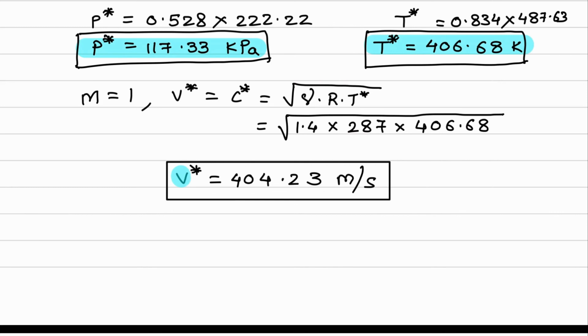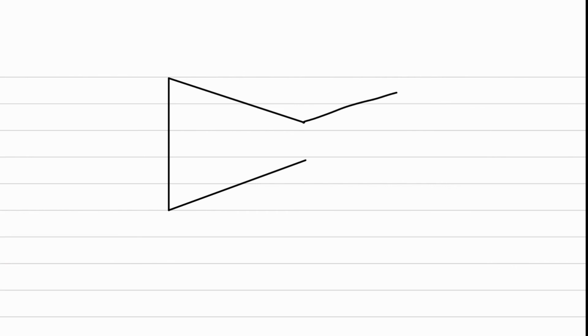So we have completed with the numerical. Now what I'll do, I'll draw a diagram which will indicate all the points, whatever we have found out, so that you can understand what exactly happens inside a nozzle, converging diverging nozzle. So I'll draw a nozzle over here. This is the first part, will be a converging part, then there will be diverging part.